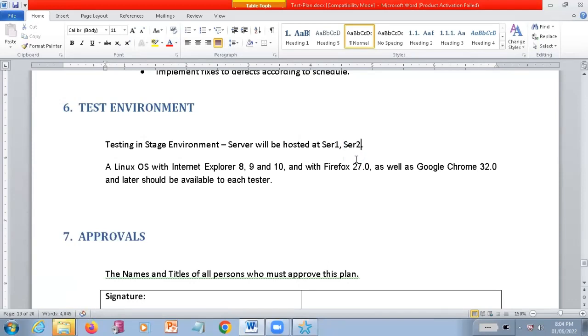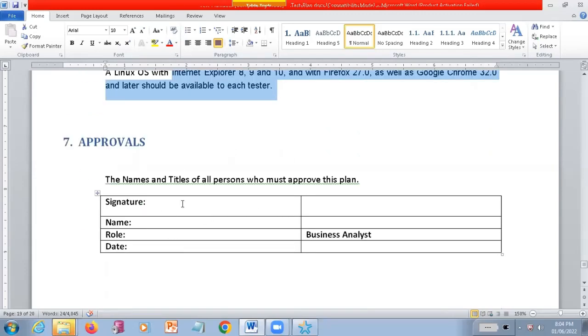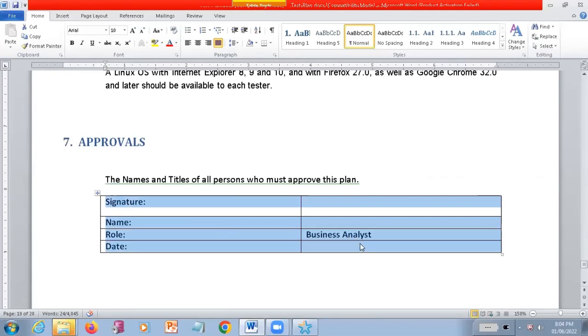Linux, like what OS you are going to use? What browsers are you going to use? What browsers will the application support? Such things will be there. Finally, you want to get the approval and sign-off. You get these sign-off documents from the corresponding business analyst or the management team.